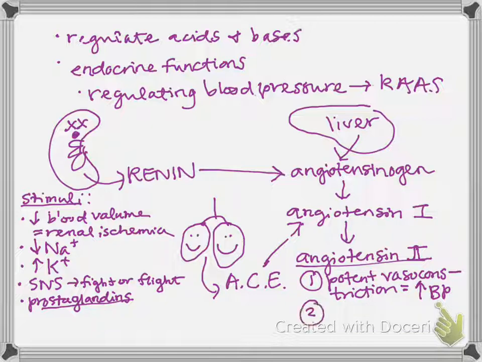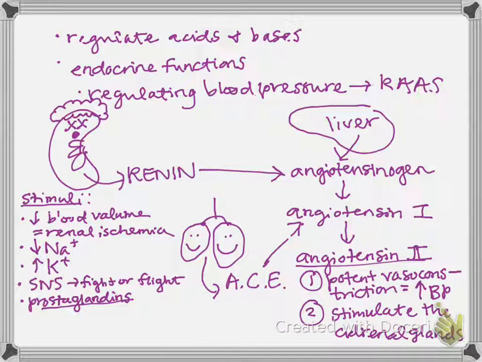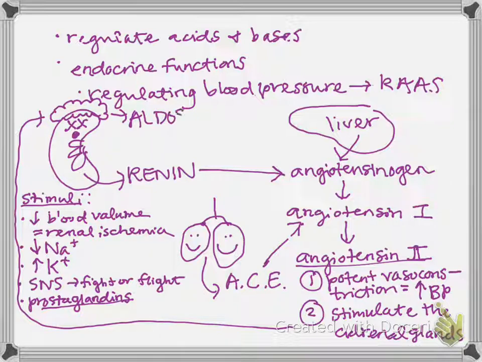The second effect of angiotensin 2 is to stimulate the adrenal glands, and the adrenal glands are what I call your kidney hats. They're those little glands on top of your kidneys. And that's going to stimulate the adrenal glands to release aldosterone. Now, aldosterone is a mineralocorticoid that's released from the adrenal cortex, and it helps your body retain